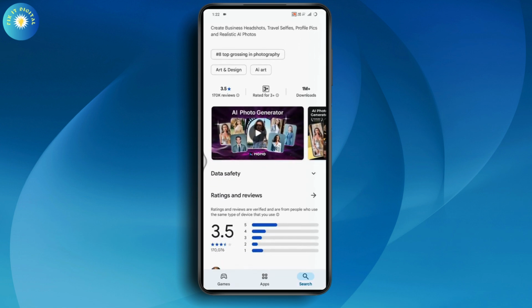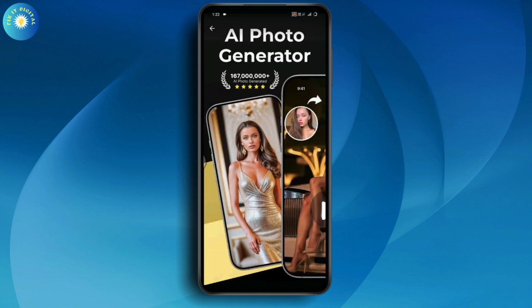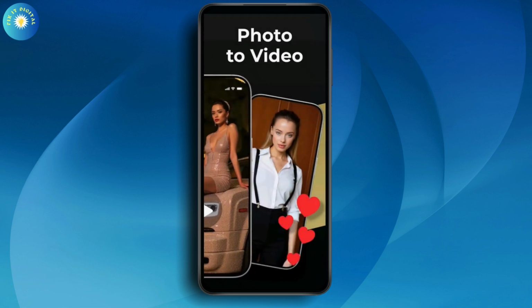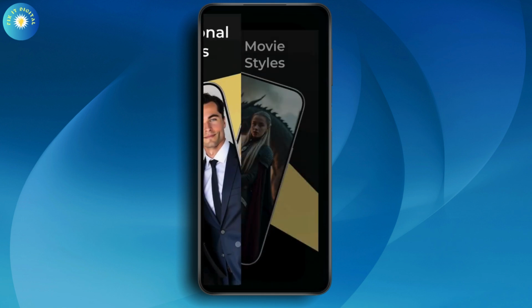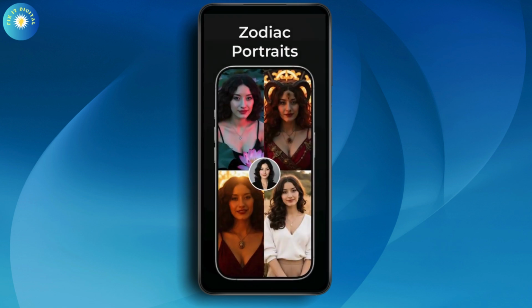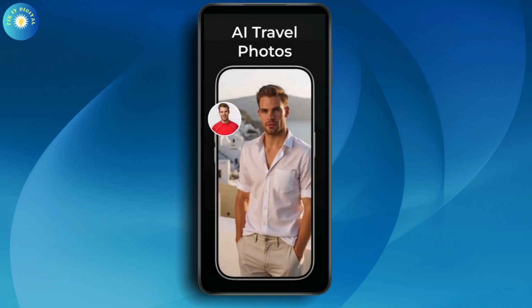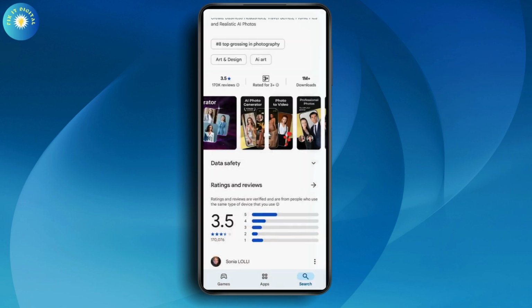And if you go back, then here you will have some videos and some photos regarding that application. You can just view that also. It's a AI photo generator. It has generated a lot of AI photos. It can also convert a photo to a video. You'll have your professional photos. You can try with your partner also. You'll have movie styles. It has Zodiac portraits, couple photos, AI travel photos, decades transition. So it's a pretty good